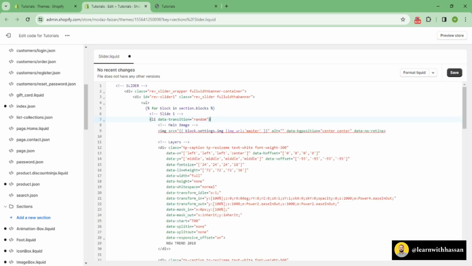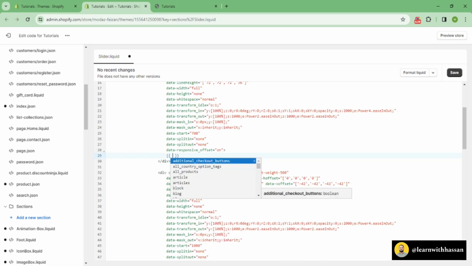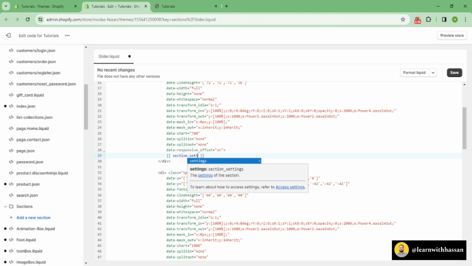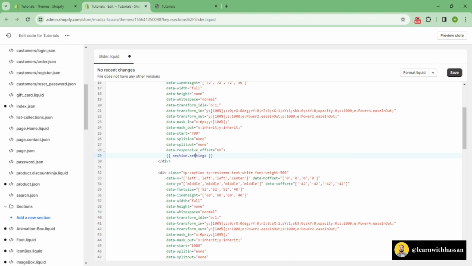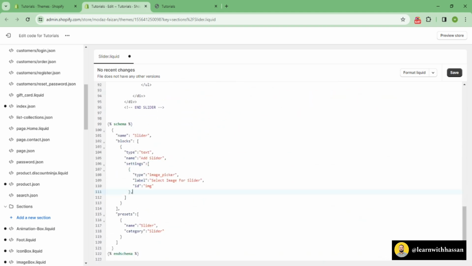Now moving forward, you can see that over here this is our text. So I will replace this text with section dot settings, not section, actually we are working on block, so it would be block dot settings dot id of what? Of the schema we will make over here. So we will add a new schema that would be of type text,